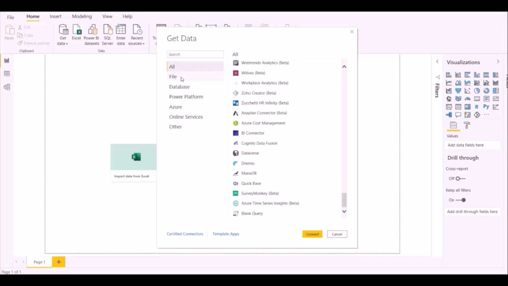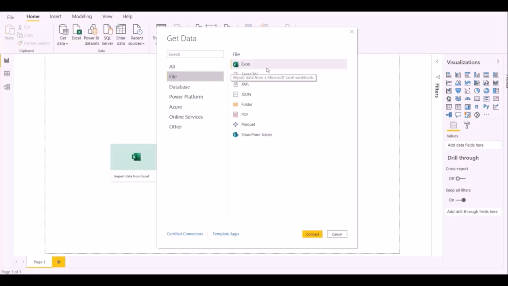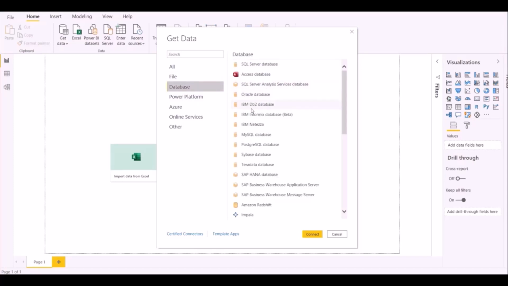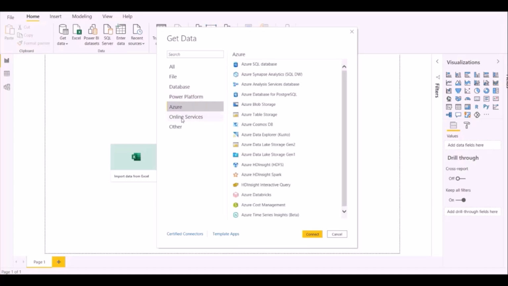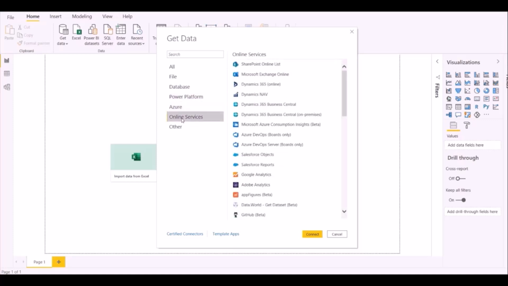Now you can go for file menu if you require to import direct file. Database menu for all database options. You can check for Power Platform option also, Azure, online services and other.